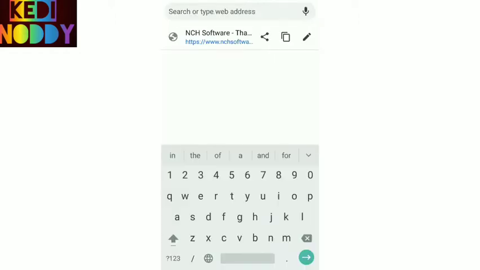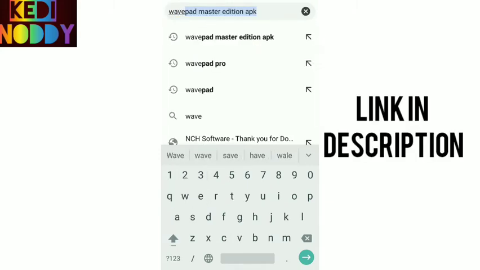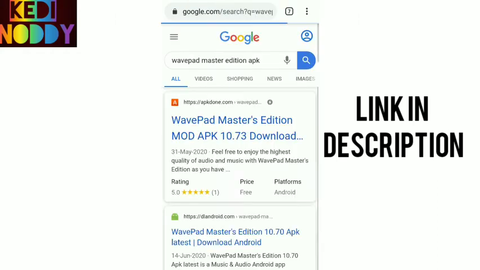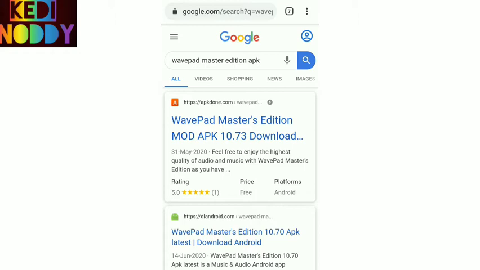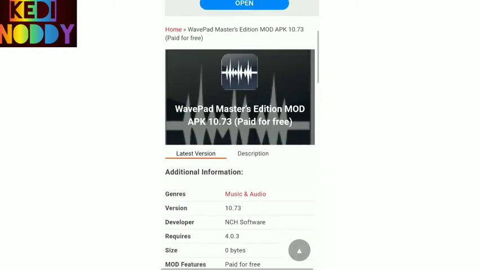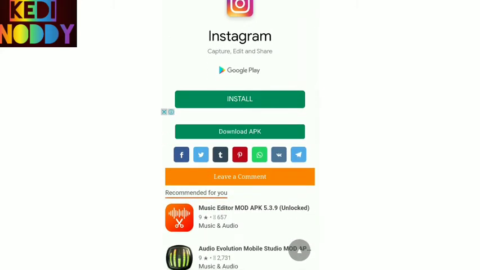Go to Chrome and search for WavePad Master Edition app. AppGun is a legit website, so go through it. Yeah, I went through it. Now scroll down, see there, download app. Tap on download app.